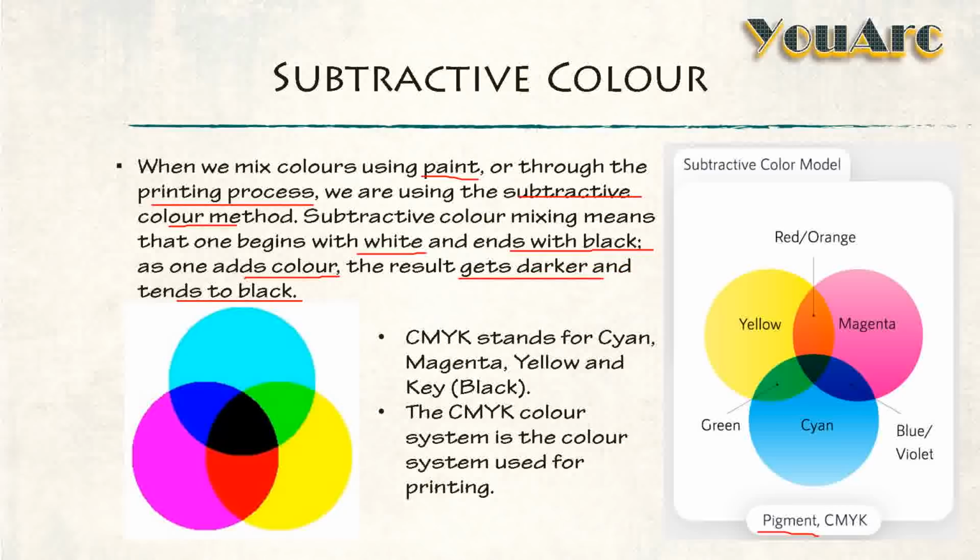So this particular color system has the color coding of CMYK. CMYK stands for cyan, magenta, yellow, and K is black. Okay. So the CMYK color system is used for printing because it is dealing with pigments. Just go through these color schemes and their mixing procedures for your understanding.